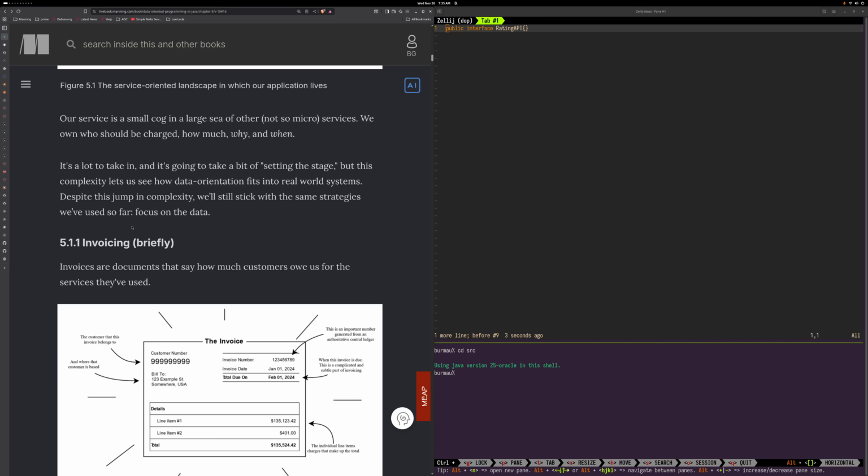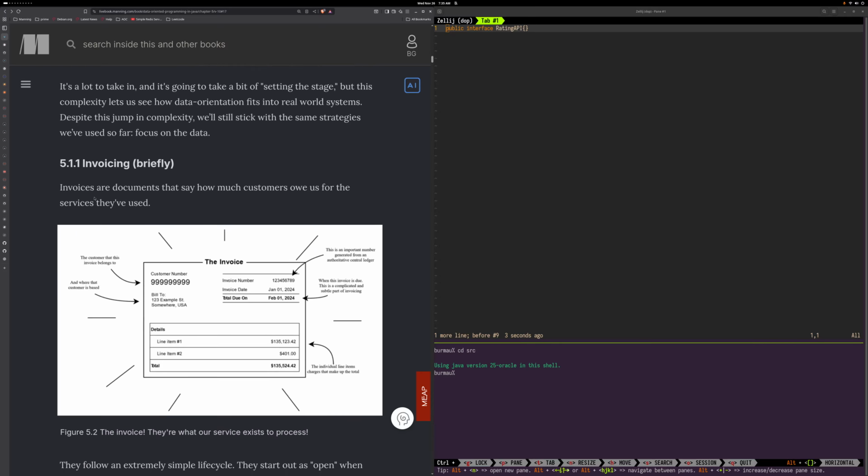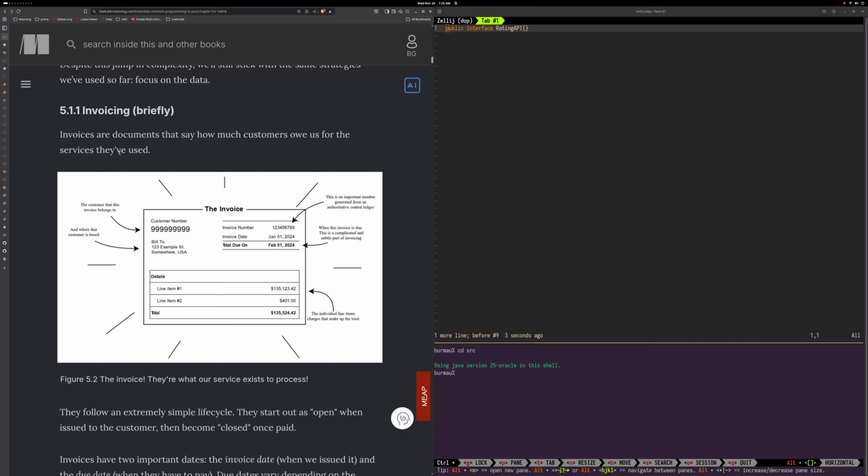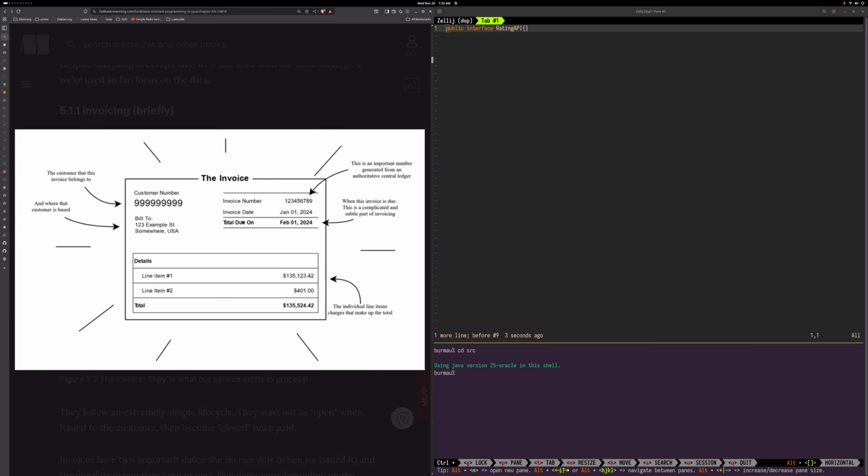Despite this jump in complexity, we'll stick with the same strategy we've used so far. Focus on the data. All right. Invoices are documents that say how much customers owe for the services they've used. So this is the invoice. The customer that this invoice belongs to is the customer number. So we have an ID,